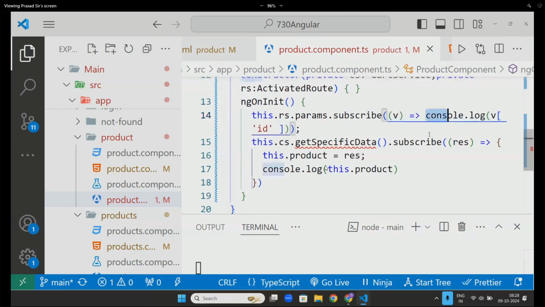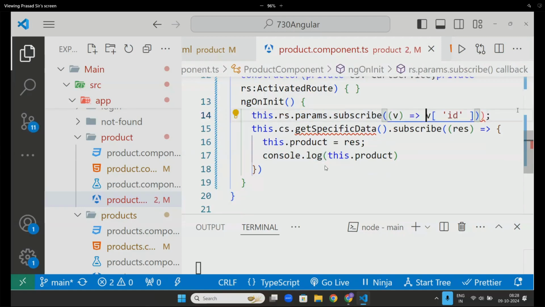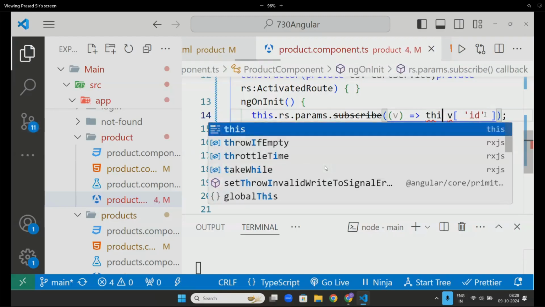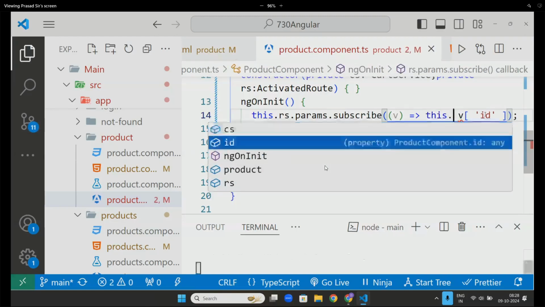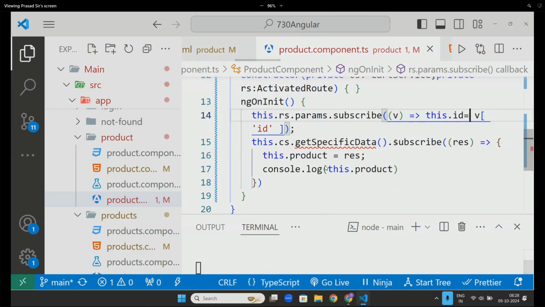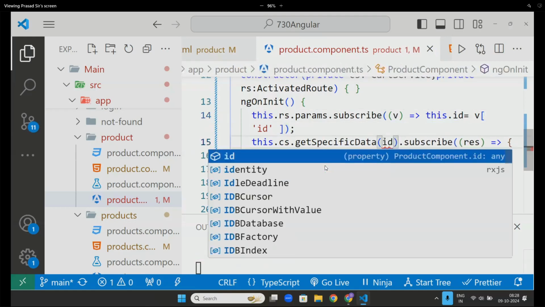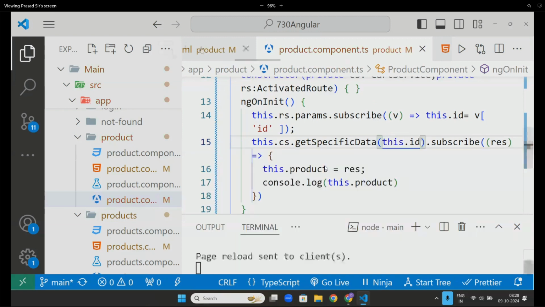Someone online said it right. Perfect, Surendra. This dot ID is equal to v.id. So now here I will pass ID. Perfect. Now it will work perfectly.